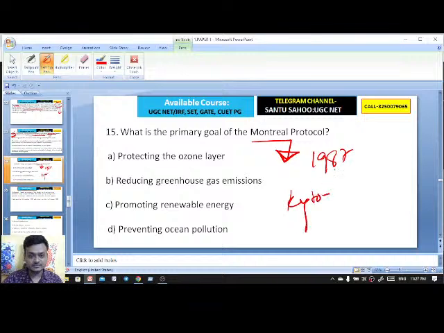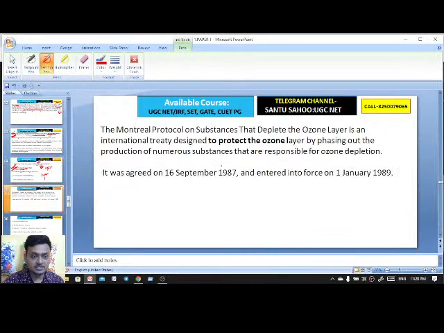Yes, it is to protect the ozone layer. So MOO, the O of Montreal, remember O. Exactly, it is to protect the ozone layer. It came in 1987 and came into force in 1989.